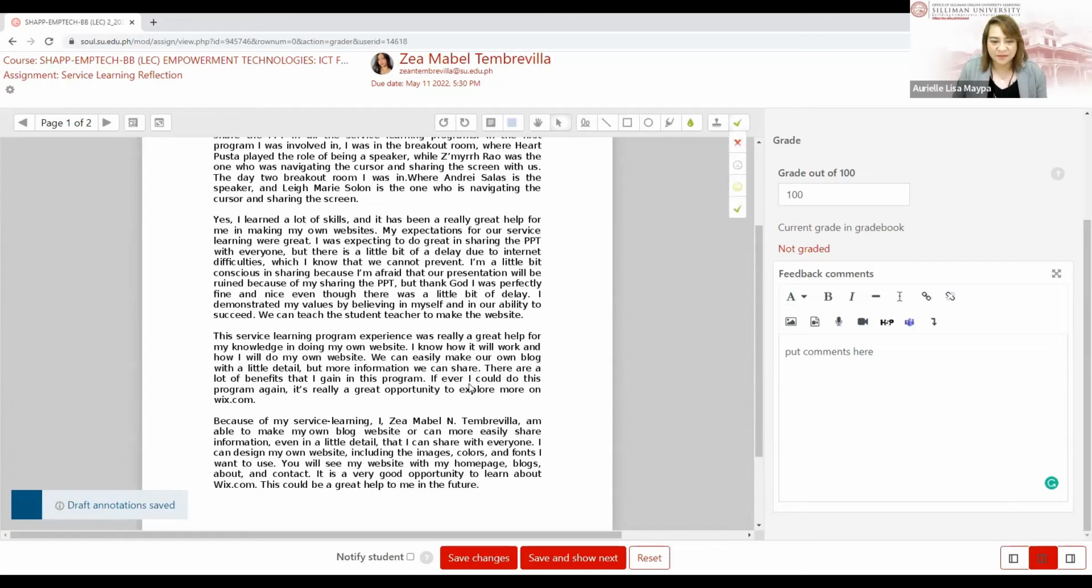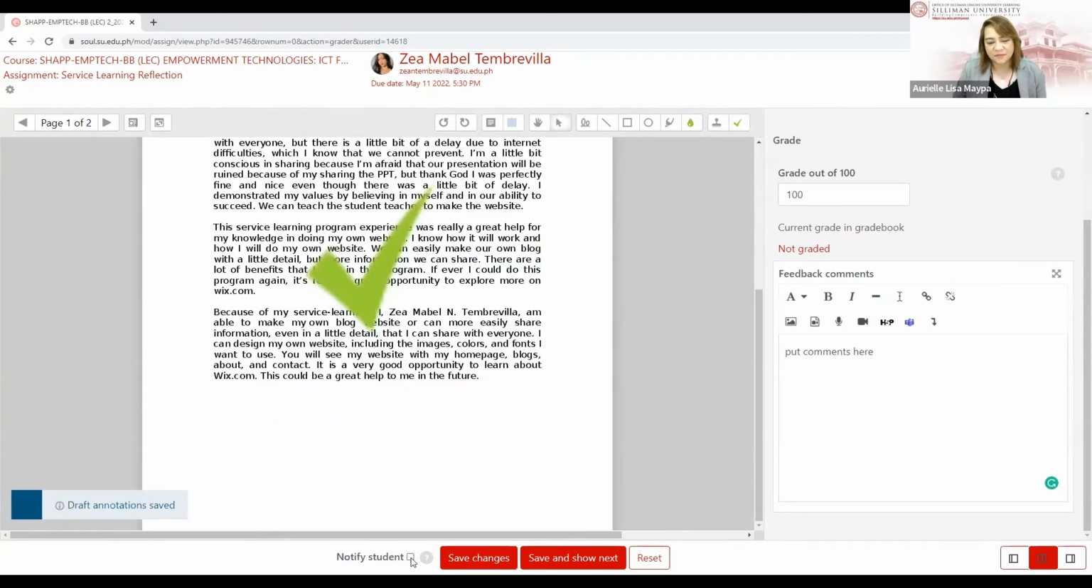So the same thing, let me just put in a check mark here, a big one there, and I want to transfer it to the middle. There you go. So the same thing, if you want to notify the students, tick the box and then save changes, or save and show next, either way. So yeah, basically that is it for adding comments such as text and emojis to a submitted activity. That is for assignment